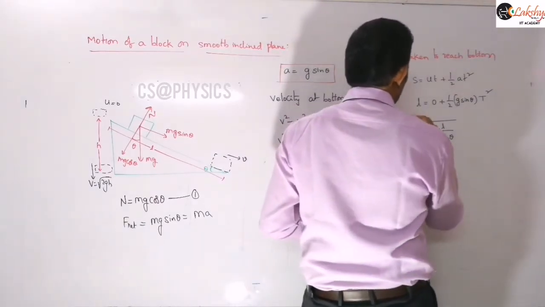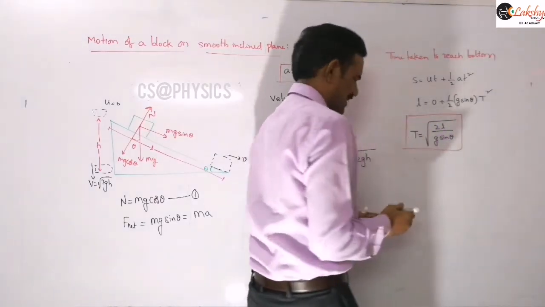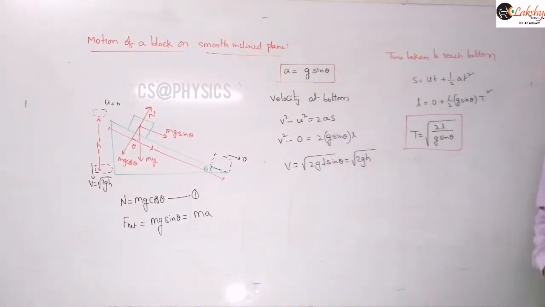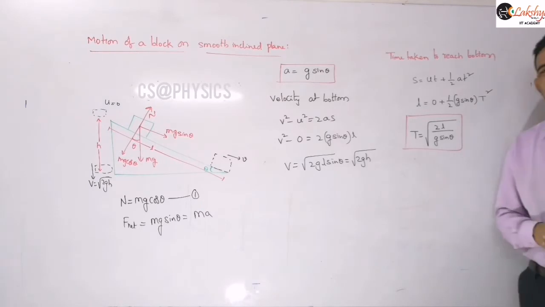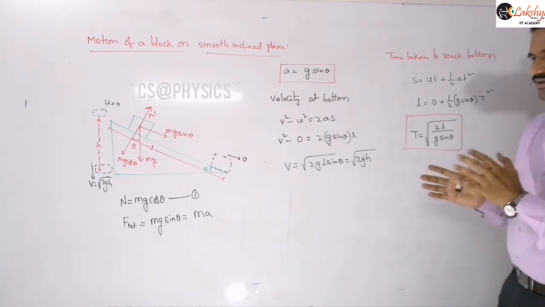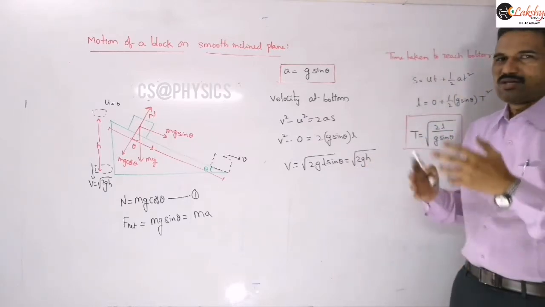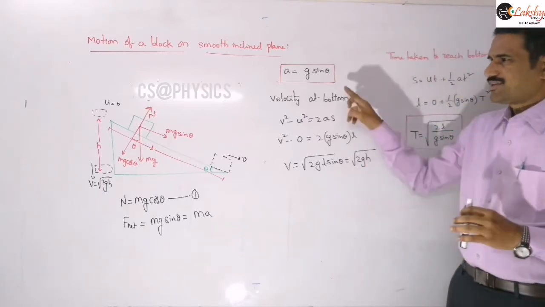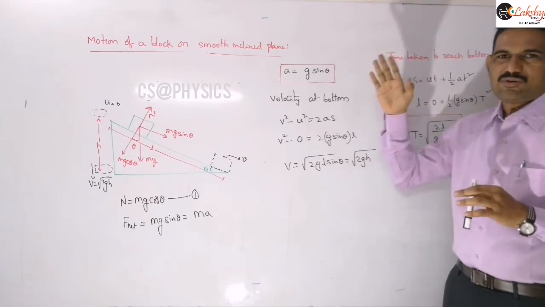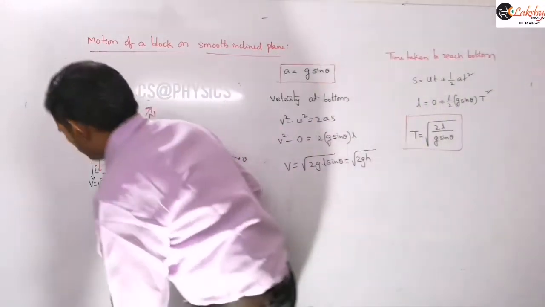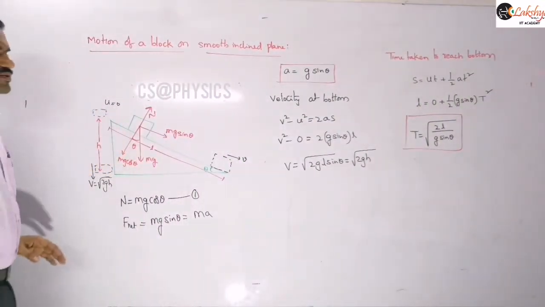In this, you just need to remember the expression for acceleration. That acceleration is important, and the acceleration of any object is constant here. Once acceleration is known, you can calculate these quantities easily. These types of calculations we will discuss in the friction topic, where there will be a comparison between the smooth inclined plane and the rough inclined plane, so much importance will be there. The acceleration of any object sliding down the inclined plane will be g sine theta, right? This is the resolution of these forces.